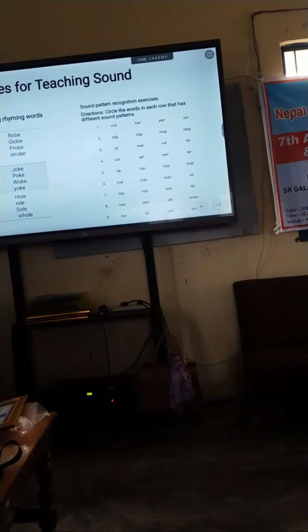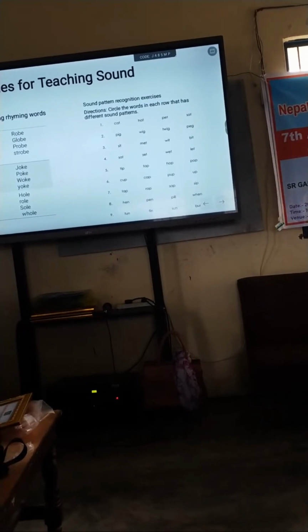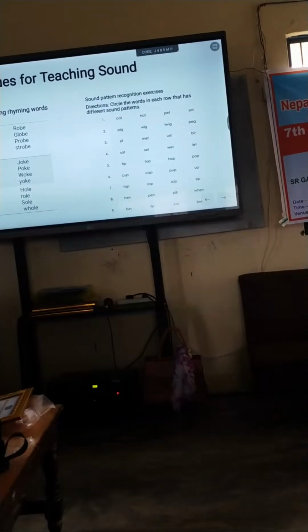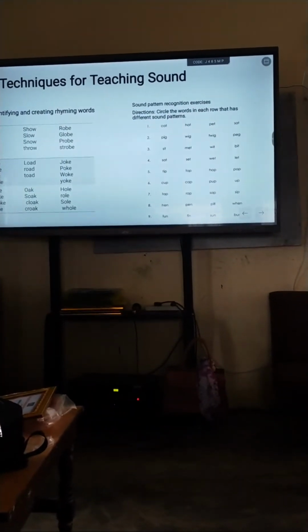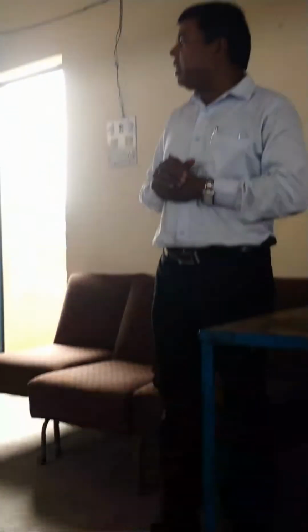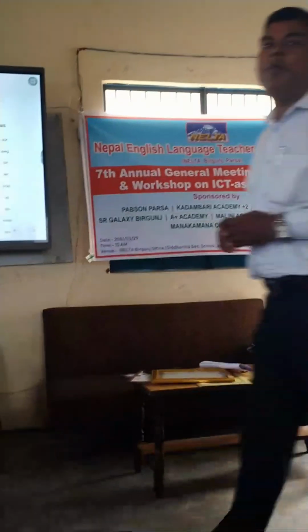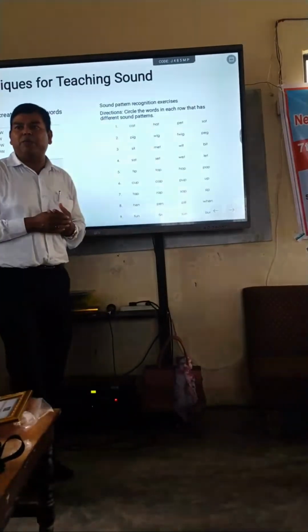Seven number which is different? Eight number which is different? Pen is different. Then after that, fun, sun. What is different here? Such type of practice we can do in the ESL class at the time of teaching